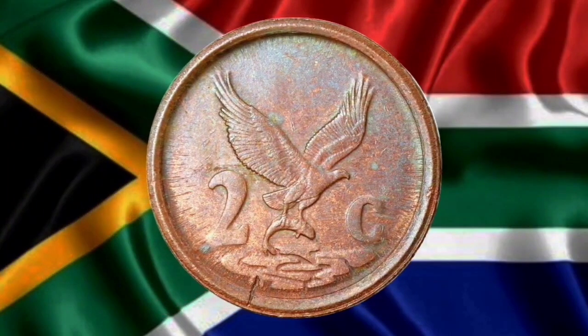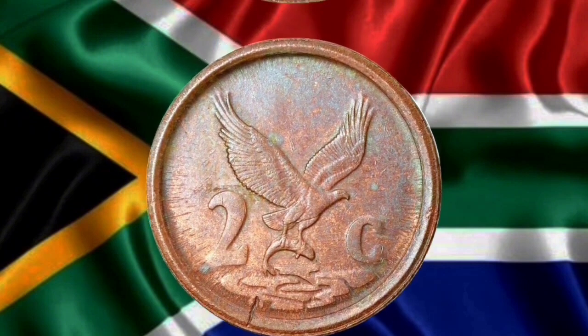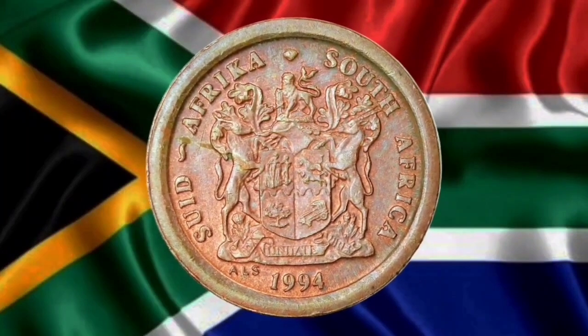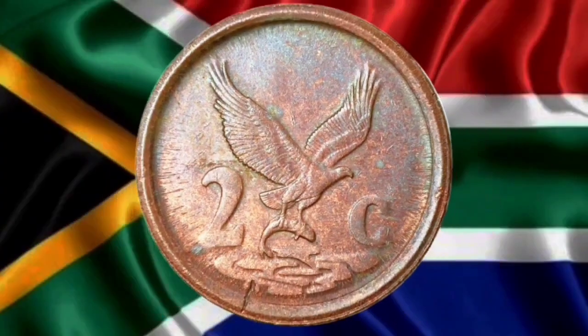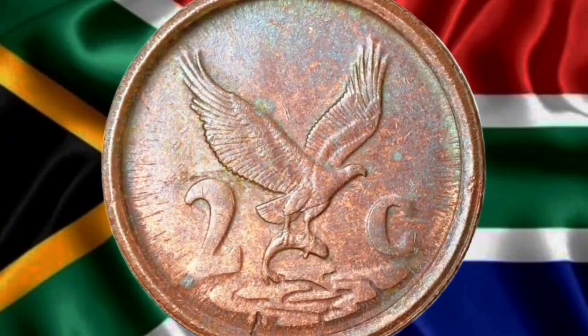Even a small variation or anomaly can dramatically increase its worth. Collectors prize not only rarity but also historical context and beauty, all of which this coin delivers. It's also important to be aware of fakes and replicas. With high values come high risks. If you believe you have a rare piece, always consult with certified coin dealers or auction houses for a proper